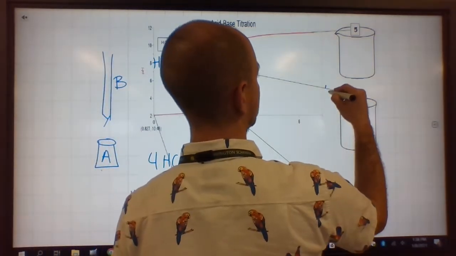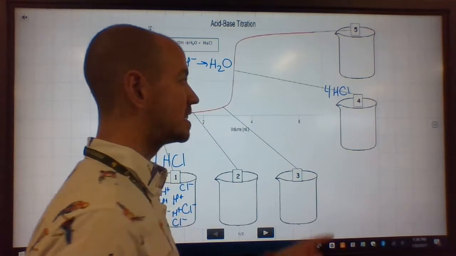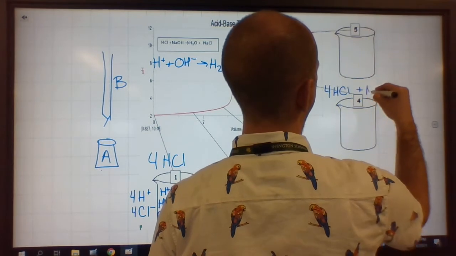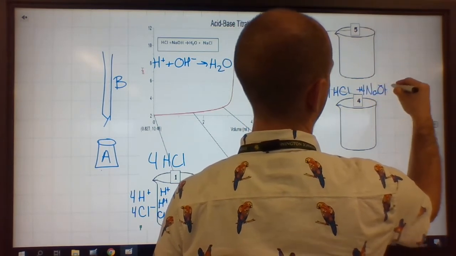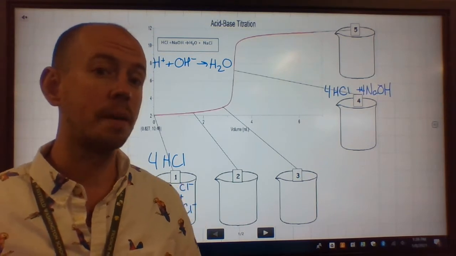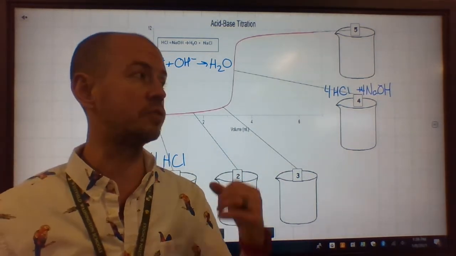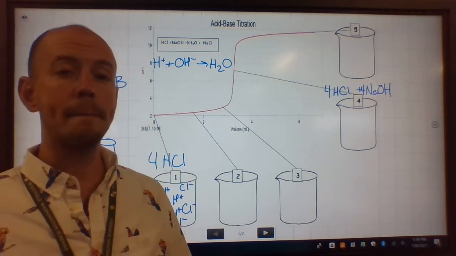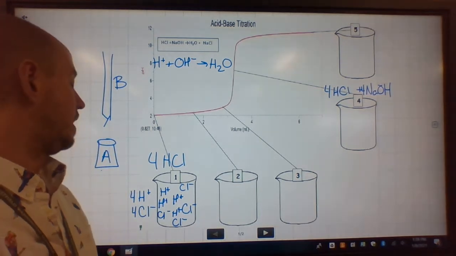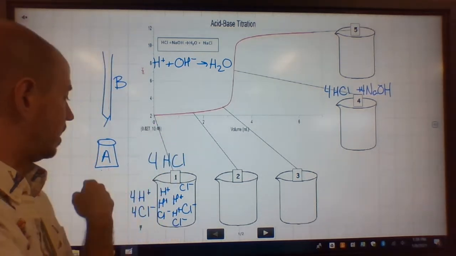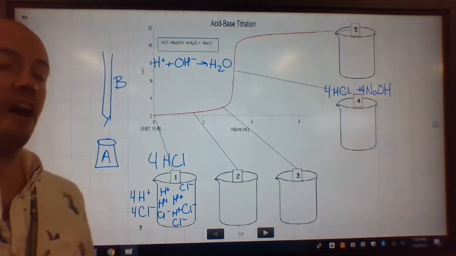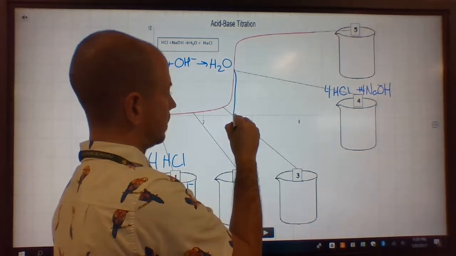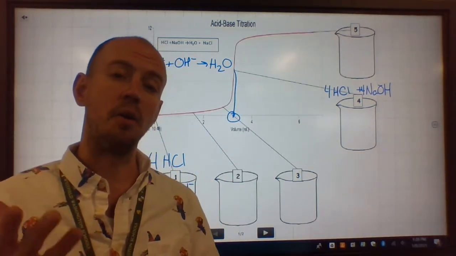So if my beaker started with 4 HCl's in it, to get to the equivalence point, based upon our 1-to-1 ratio, we will need to have added 4 NaOH molecules. These two may have the same molarity, so it may be a certain number of milliliters of this and an equal number of milliliters of that. Or most often, we are given the volume of HCl that's in our beaker. We measure the volume of our base from our burette. We record the volume, dropping that point down, of base. And by knowing the volume,